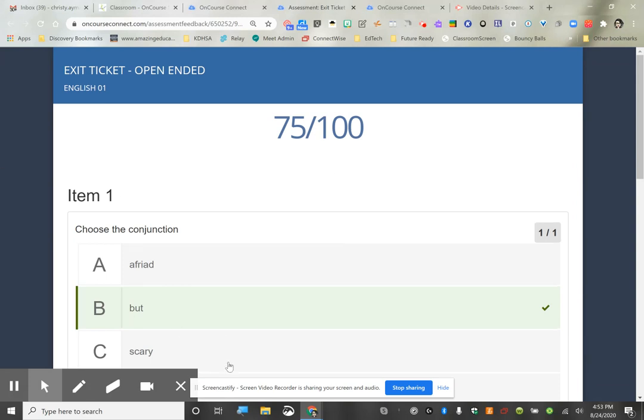So I hope this helps you guys wrap your head around how you can use OnCourse Classroom to give an assignment that can go into the grade book to help your grading be much quicker and